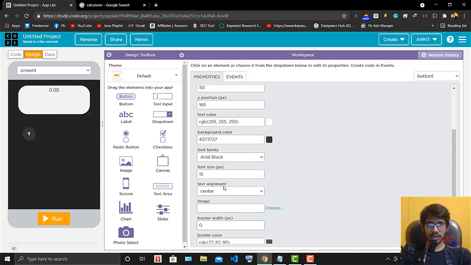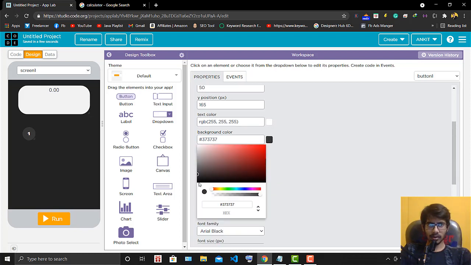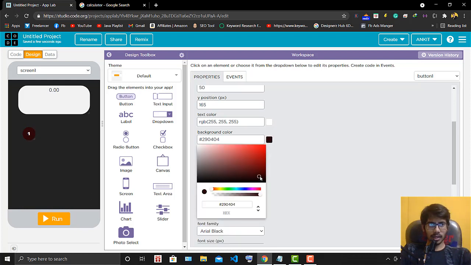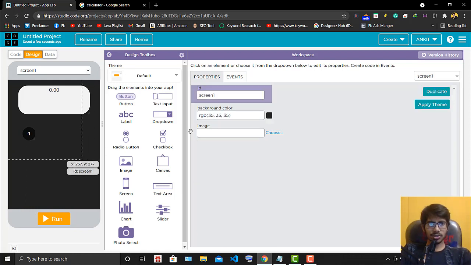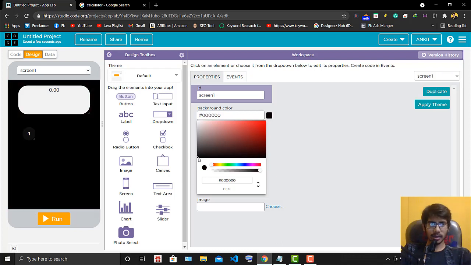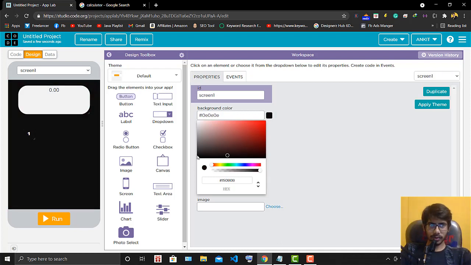But still I want to change the background a little bit more black so that it can look prettier. Let's do one thing. When we go to the screen, we should make it more black, okay. Not too much black, a little bit more black.